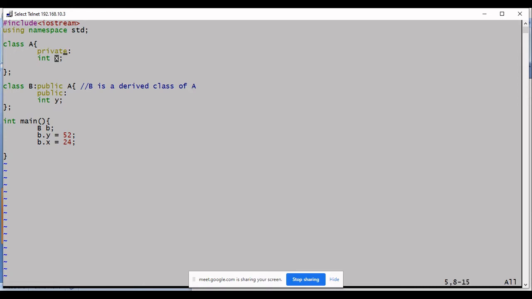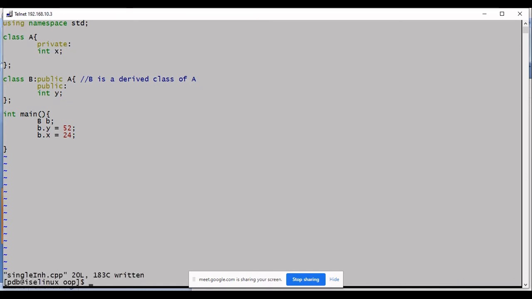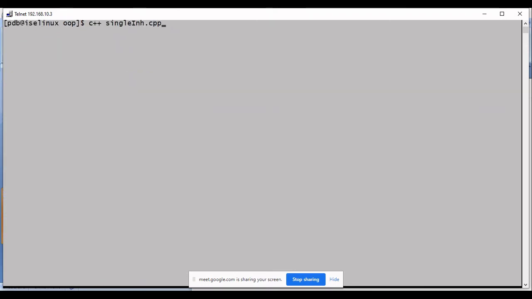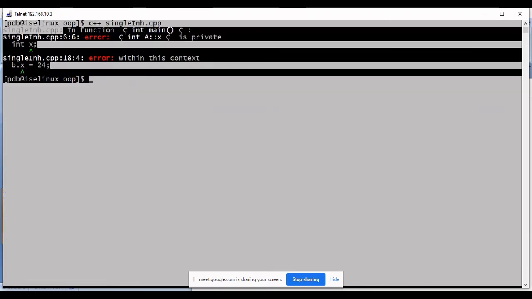X is private now and B is derived class of A. So even though it is private, can I access it because I am a derived class? Let's check. No, we are not allowed to access private member from base class.